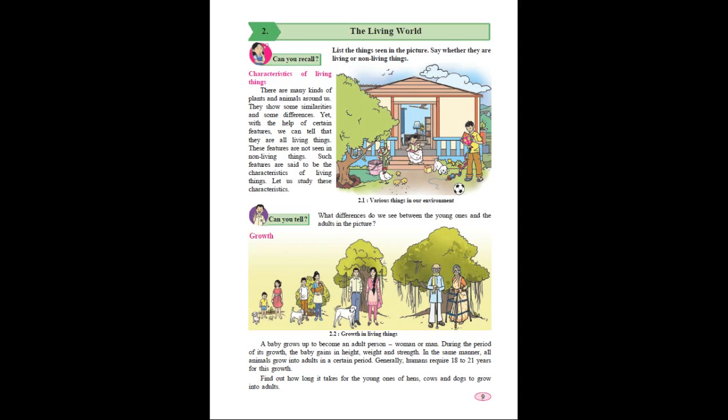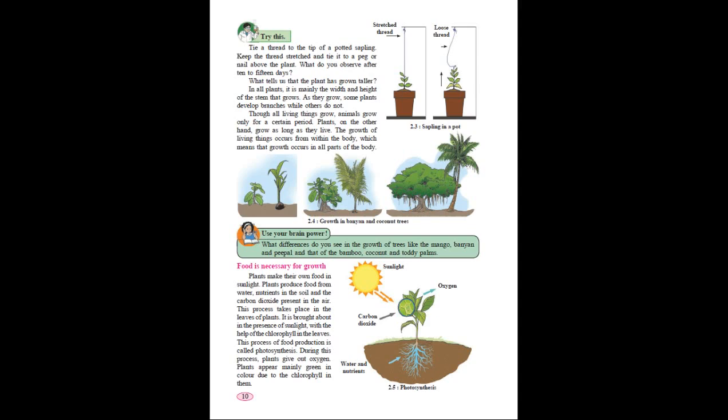Okay, and there is an experiment. It's written here that one short plant has been hung with the help of a peg, and after some time, when the plant grows, the tight thread becomes loose. So this experiment shows that in plants also growing occurs. And the main thing to understand is that plants never stop growing as long as the plant is alive. It might be growing through new branches, but in human beings, we stop growing after a certain period.